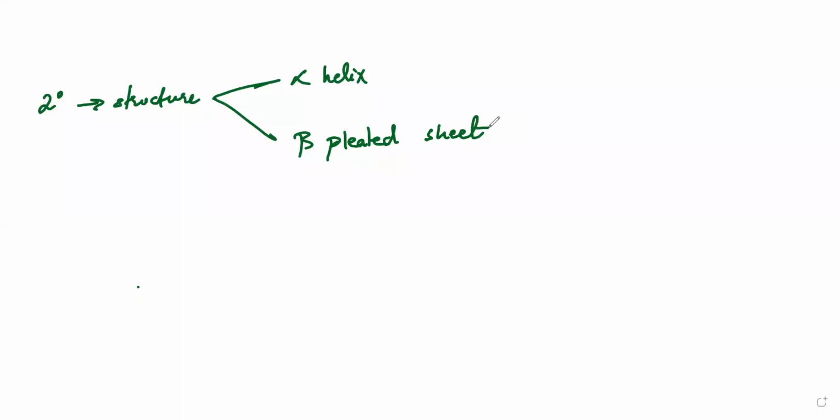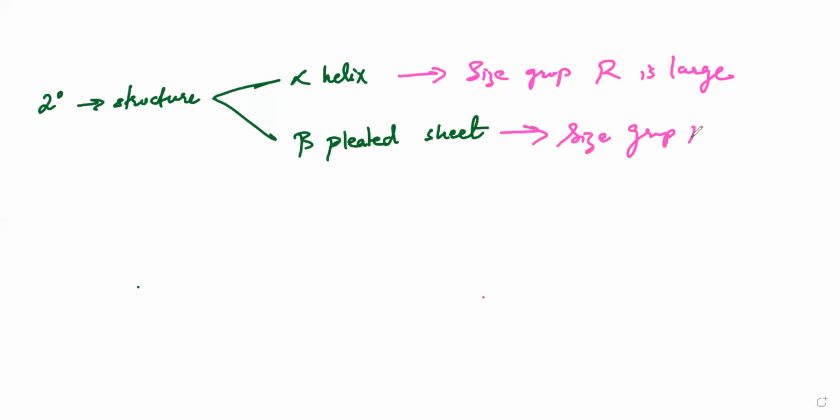Alpha helix is a structure which is formed, obviously, due to the folding and coiling of the primary structure, wherein the size of the R group is large. Okay, in the alpha helix structure, whatever the R side chain is there, it will be large. Whereas in the case of the beta pleated sheet, the size of the R group is small. So this is the first difference between these two structures. Okay, second difference is